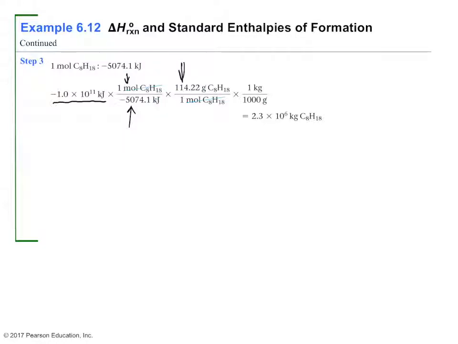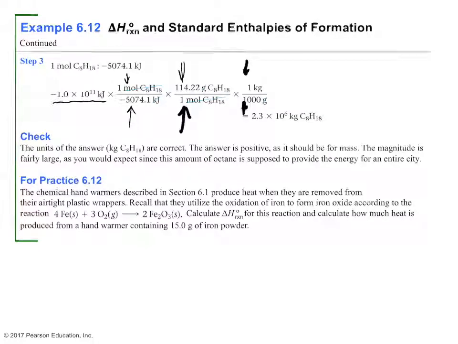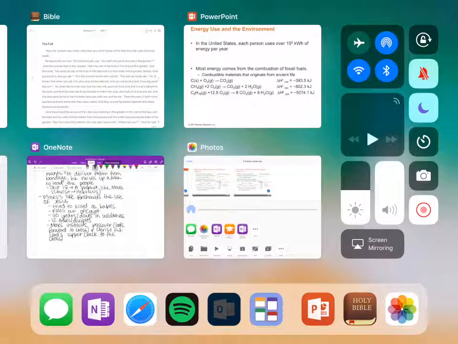And then we have 1 mole of octane is 114.22 grams, and then grams to kilograms. That gives us 2.3 times 10 to the 6 kilograms of octane. That's a lot of octane. Okay, so I'm going to stop here. We may go over the energy use in the environment, but